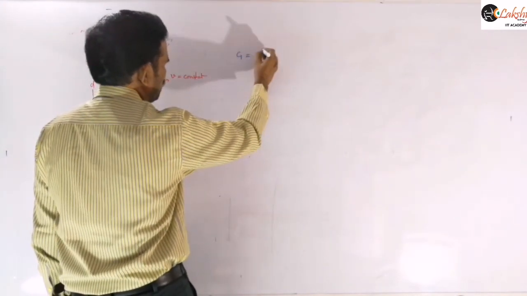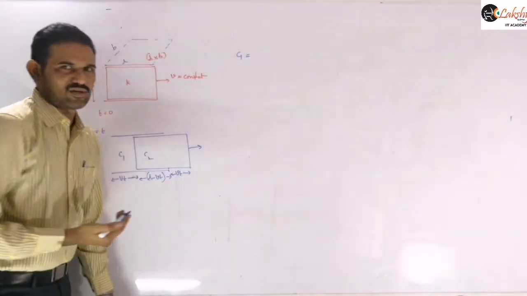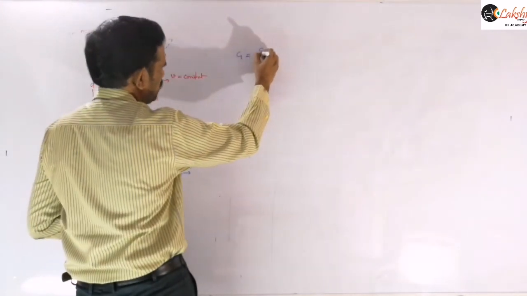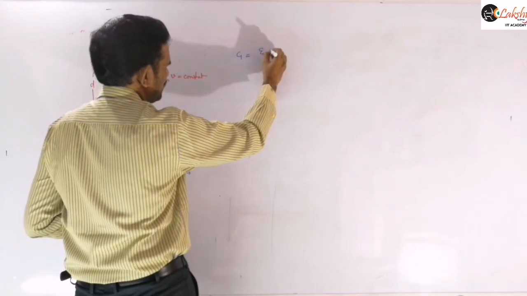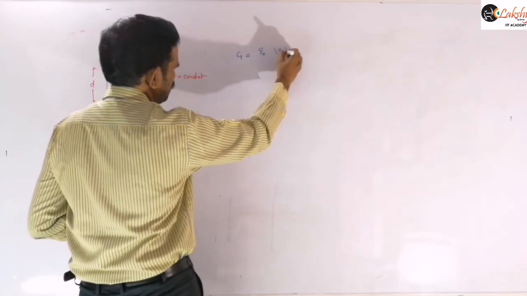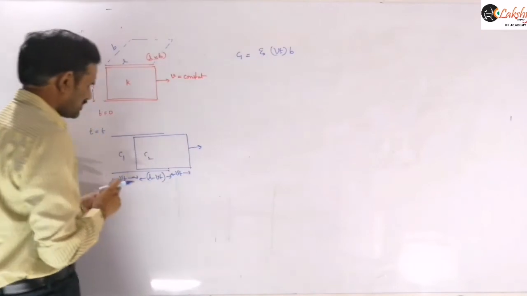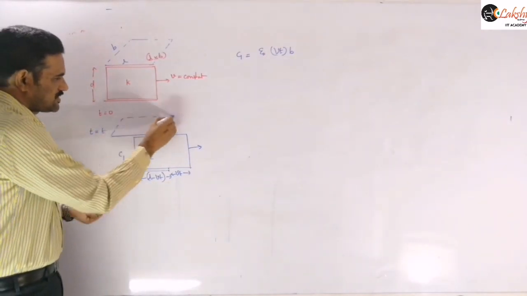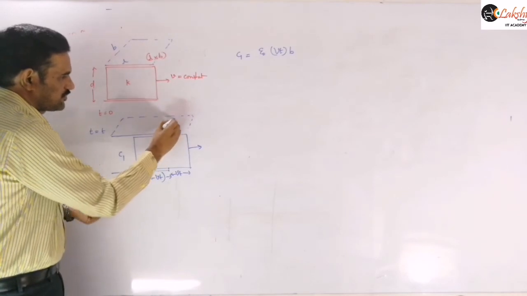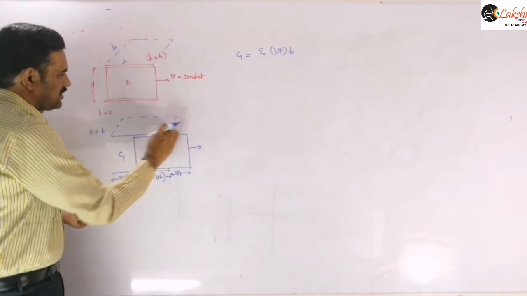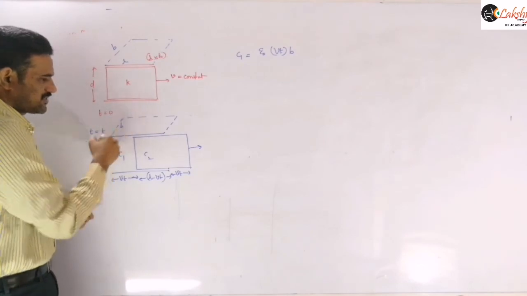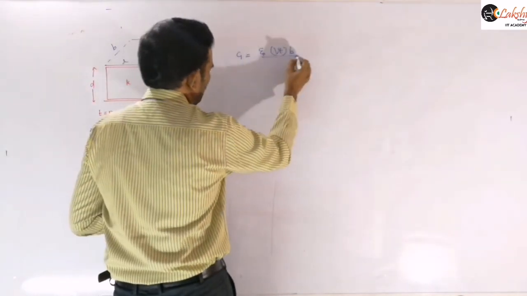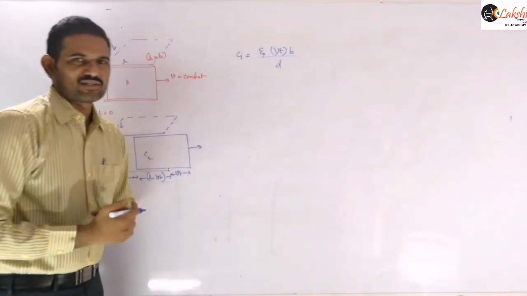So C1 is, at any instant, a function of time. Here, epsilon naught into the area of this plate, which we can write as vt into B. That means this distance is vt, and this other distance remains the same, it will be B only for this capacitor. And the separation between the two plates is d.